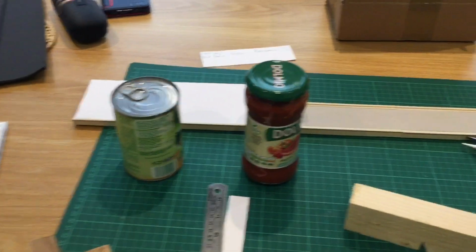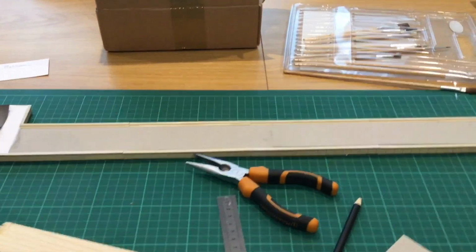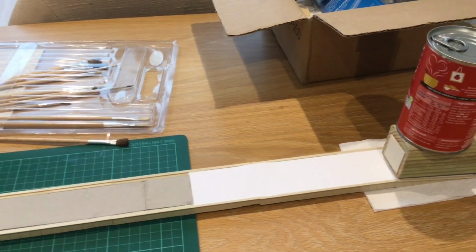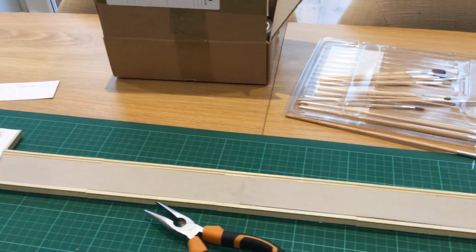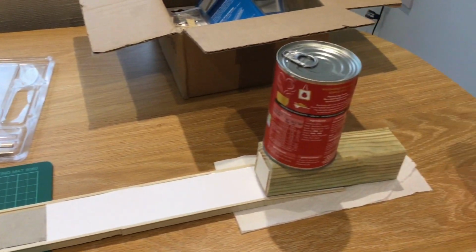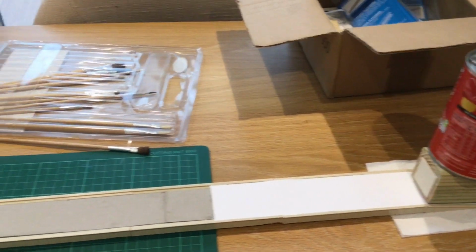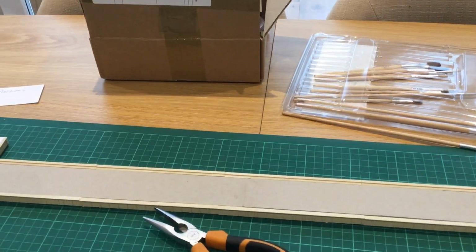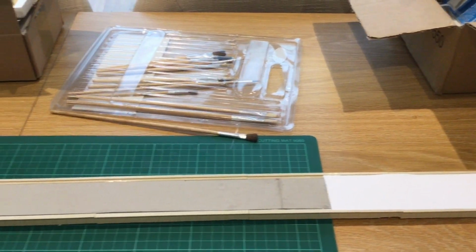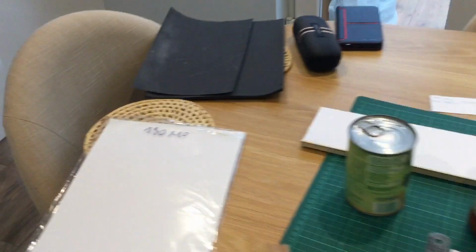So what I'm doing now is building up the level to meet the platform edge. There was a 1mm card layer down there, and now I've got some 180 GSM card ready and gluing to that surface, so that meets up with the edge of the edging. And then I've got some 2000 grit